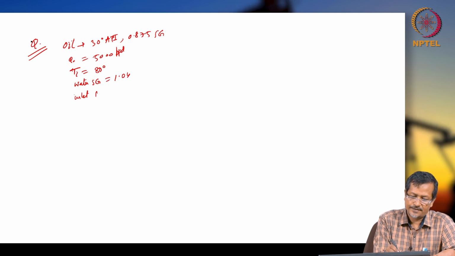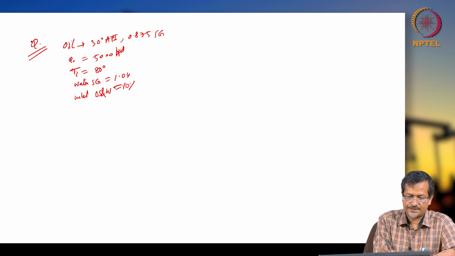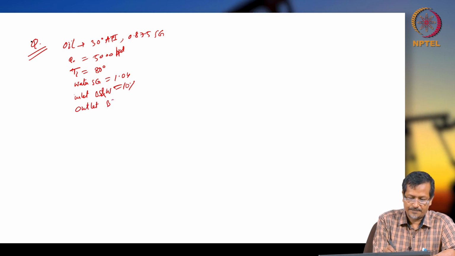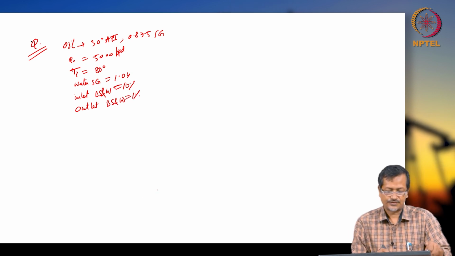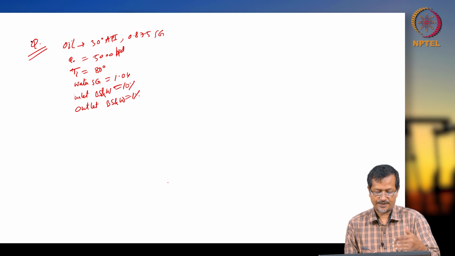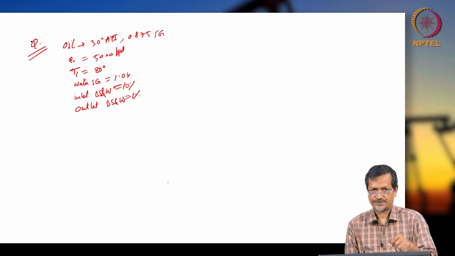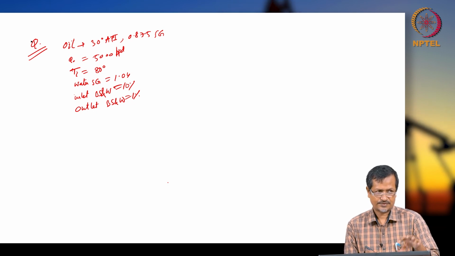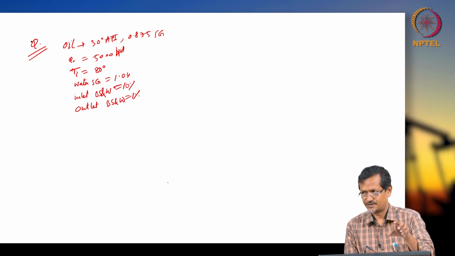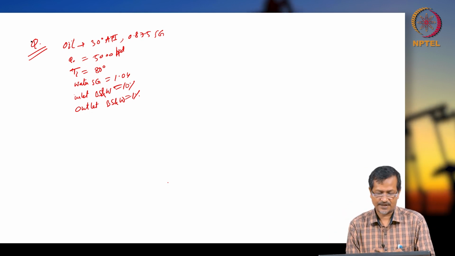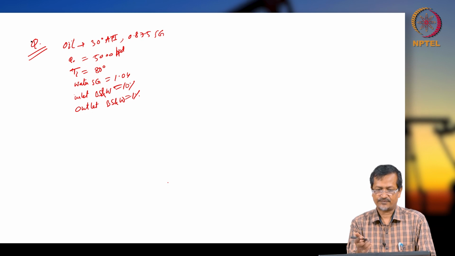inlet BS and W 10%, outlet BS and W 1%. Okay. So in this case, actually in the book temperature is not given, viscosity is not given for different temperature. So in that case you can use the chart, I can give, okay, use that chart, maybe I will give the chart also. So from that chart you can find the value of viscosity and you can calculate the viscosity. Once you get viscosity,